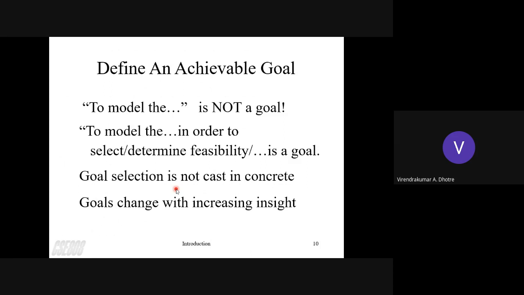And sometimes you go on and the analysis will show that you would have added insight into your implementation, but this will lead you to the final goal, right? So that's why goals change with increasing insight. So the goal should be concrete, but in such a way that you should have determined a feasibility test of it, and then set a goal.